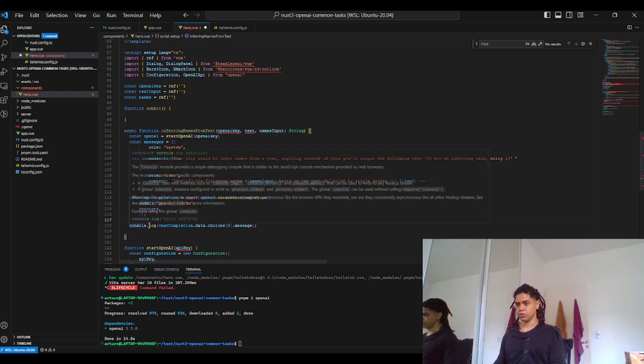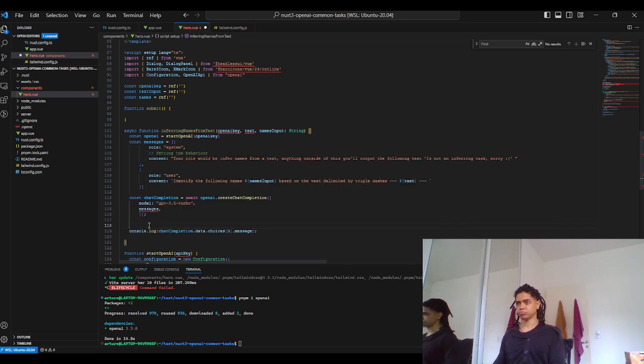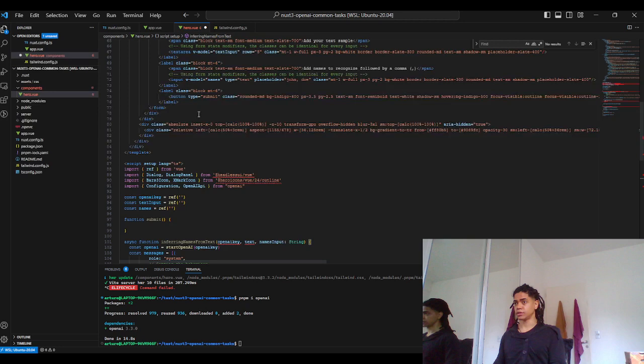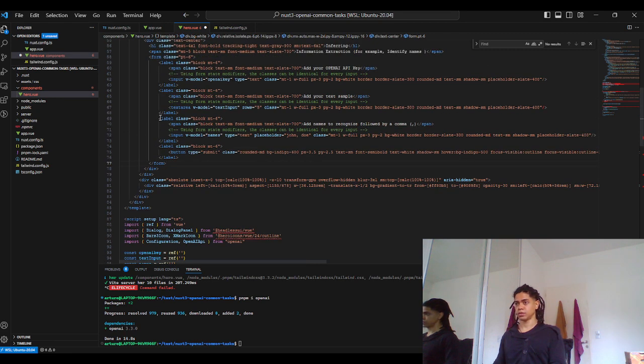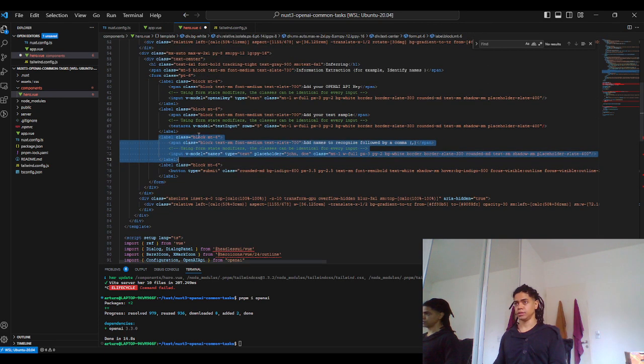And then once you get that, you will now show and display that data right below. So in a label here,